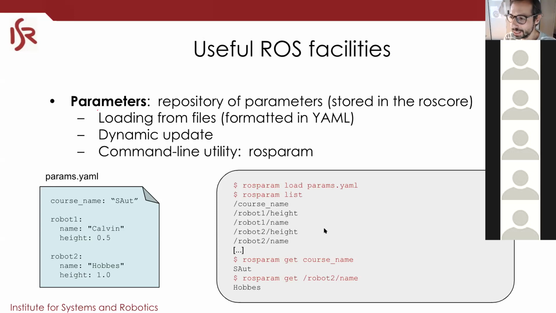So when you have 100 topics, it's easy to imagine that if you don't organize those with a hierarchy, it can get a little bit complicated. It still works, of course, but for us humans, it's easier to manage it that way. And you also have the same thing for nodes. You can have node names organized in different hierarchies, so, for instance, the nodes in robot1 can have a different one than the other. So all of this hierarchy is very universal in ROS and allows you to organize the set of topics, services, of course nodes, and parameters in a hierarchy, and it's easier to manage.